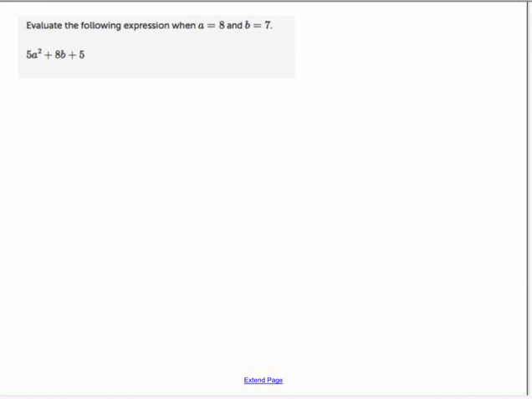So I'll just get that up. So you have, first of all, 5. Now I'm going to have this in brackets because 8 will need to be squared first, so to the power of 2, plus 8 times, now B is 7 here,